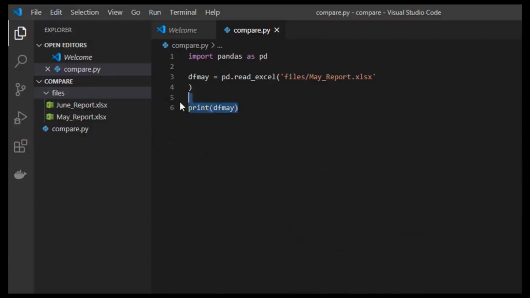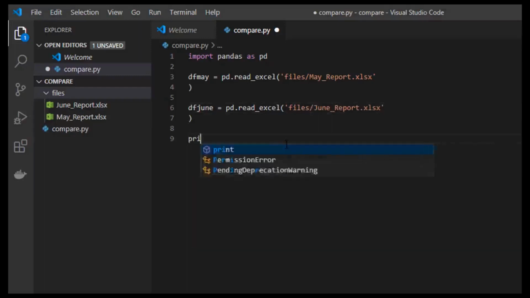Let me copy the first line, paste it on the next line, and change the data frame name to df_june, and also change the file name to June_report.xlsx. So now we are holding two different data frames, df_may and df_june.